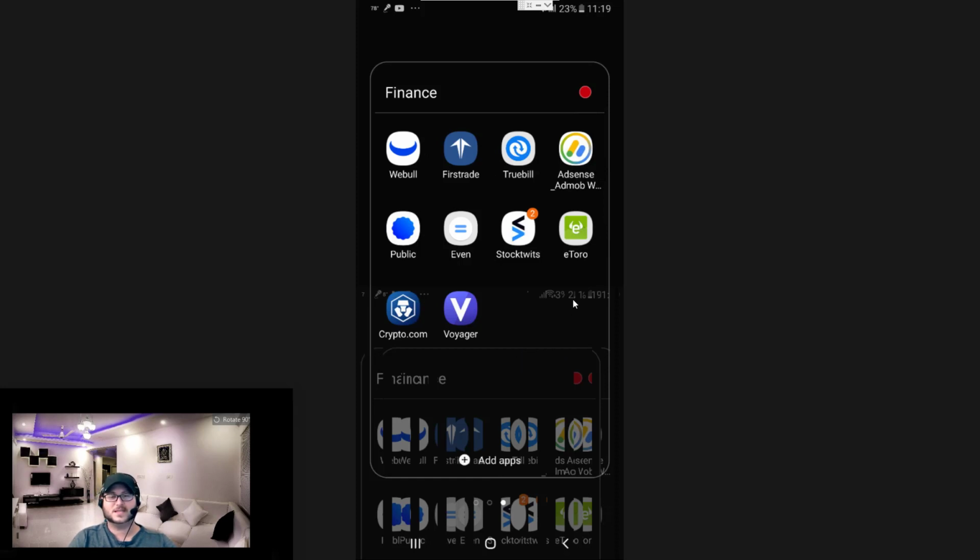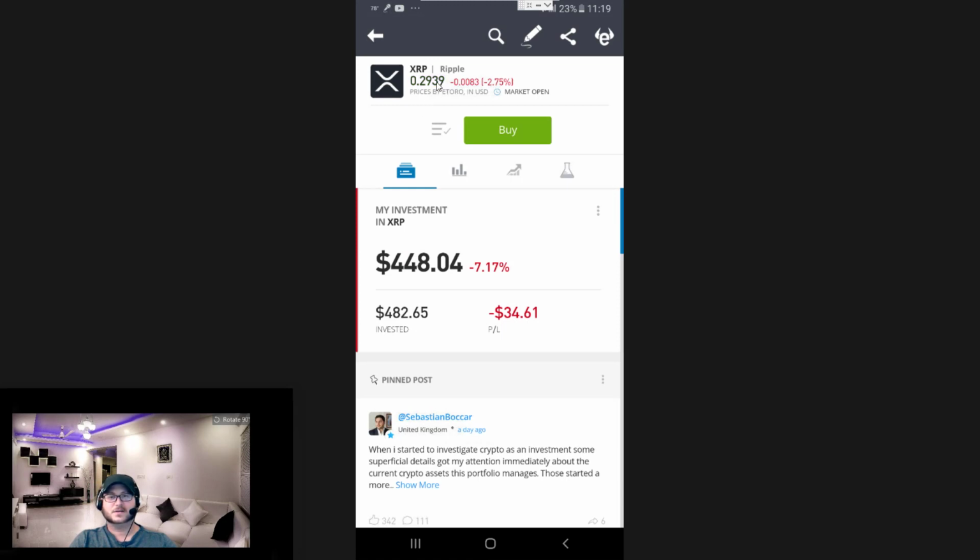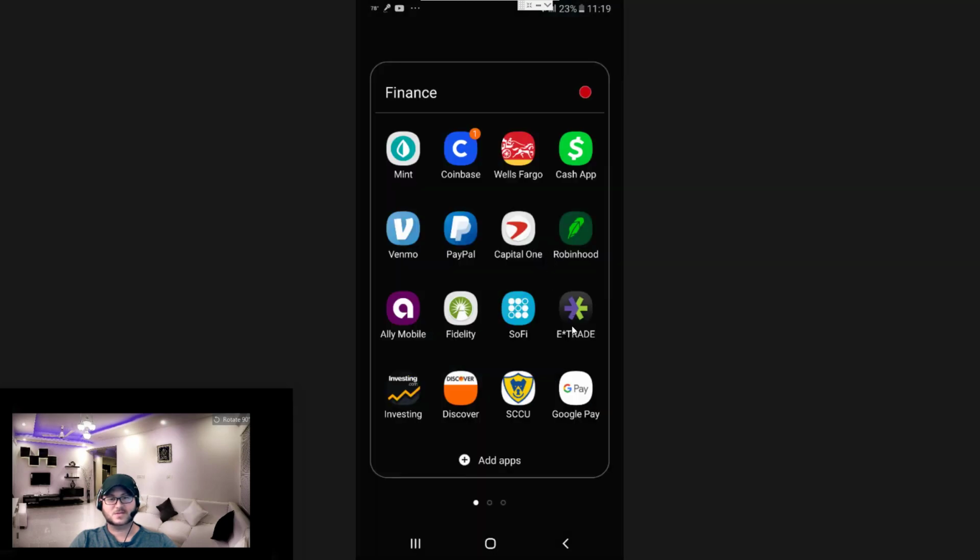The only other con that I would say with this particular one is I noticed that the rates they give you is a little bit weird. It may be using a different exchange or something, differing from maybe crypto.com and Voyager and Coinbase, the other ones I'm going to talk about, because when I look at the price here for XRP or any of these coins, it does seem to vary a lot from other ones. So this says 29.41, and then if I go to one of my other apps, we'll look at the next one here,